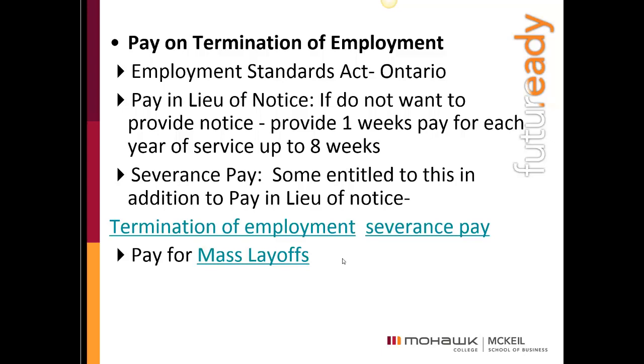Now, if it's the case that an employee was violating a company policy and they were fired for cause or with just cause, then a company won't pay severance pay, but they would definitely give you some notice pay before they actually terminate you or as part of the termination process. There are definitely